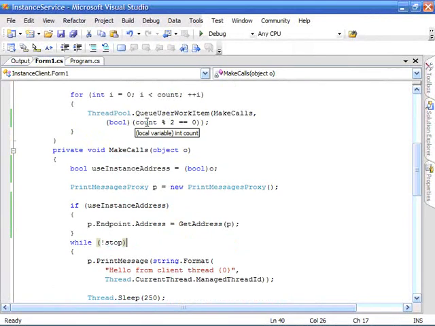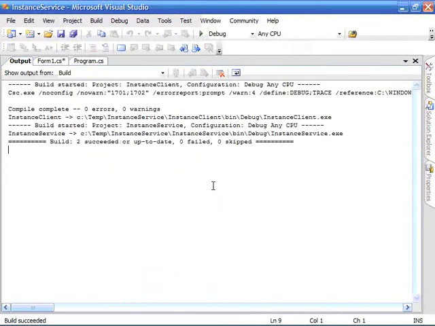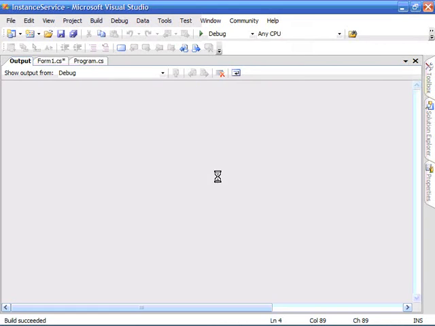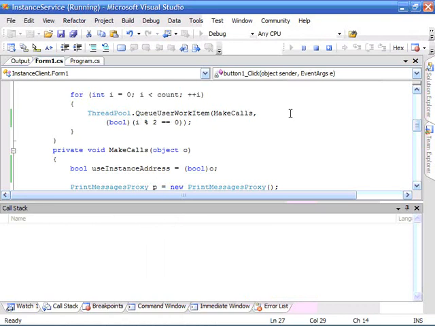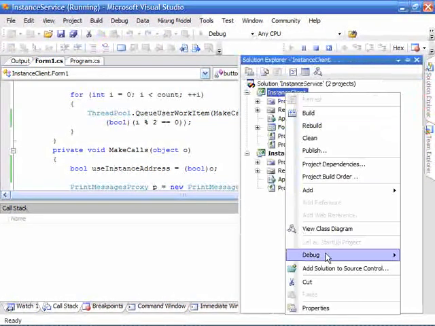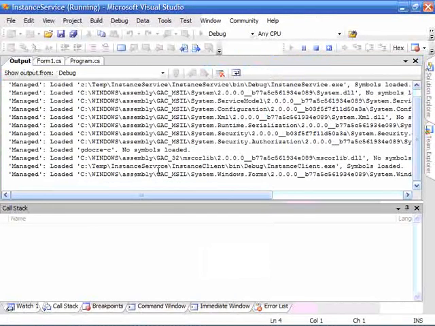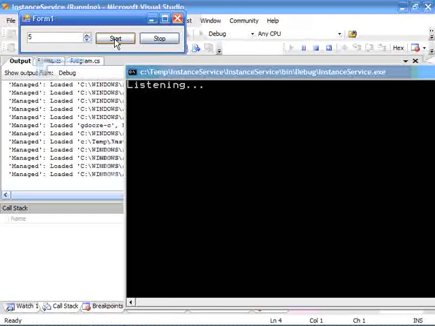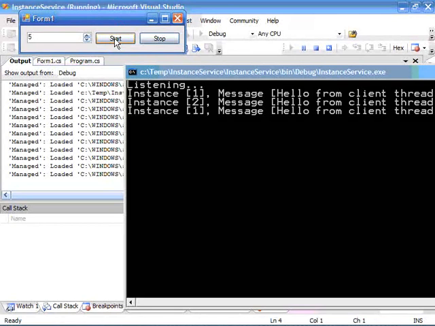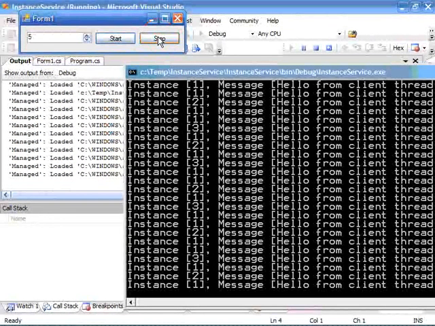If we just fix this obvious bug, which should not be count, it should be I, then we should be in business. So let's build, and let's run the service. And let's go ahead and run the client. And what we should see is that as we start up the client again, let's just run it up. And if we stop it down again,